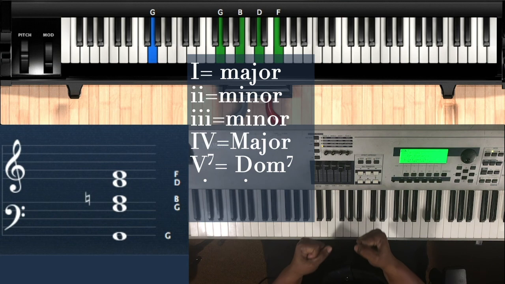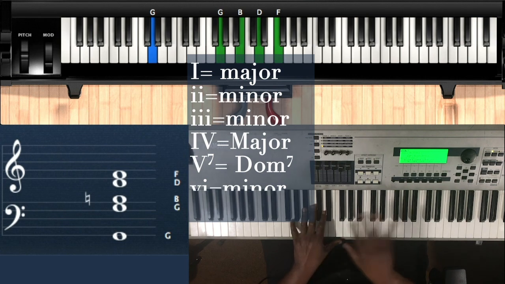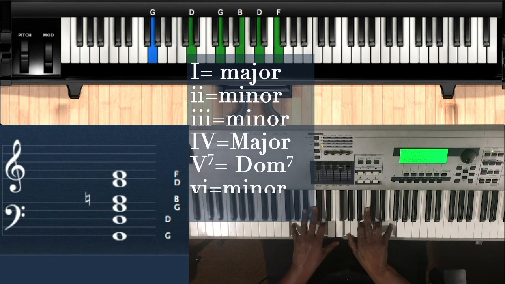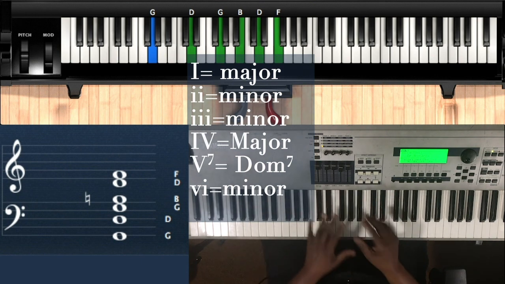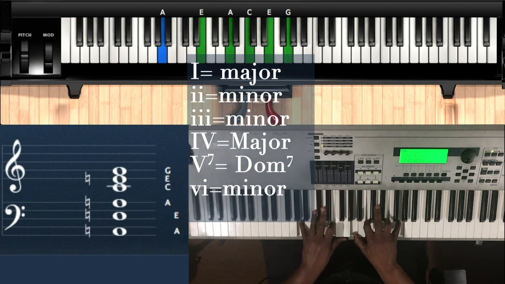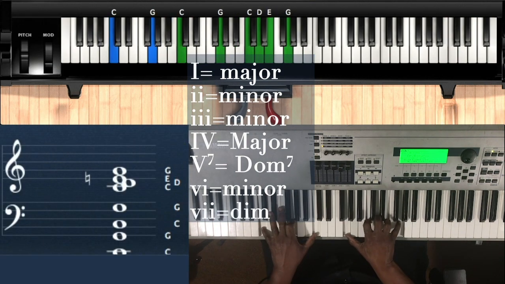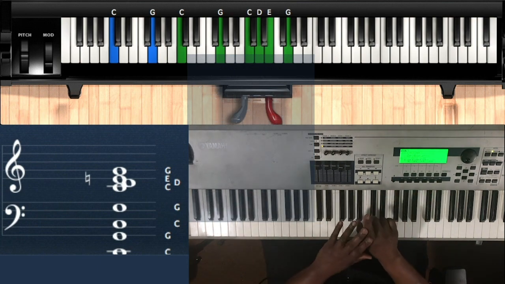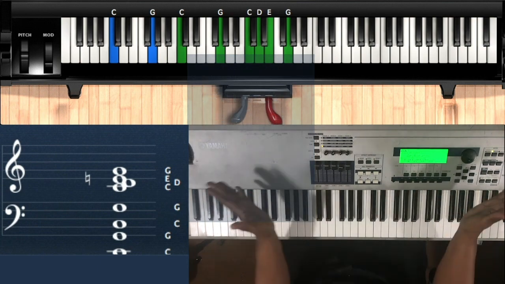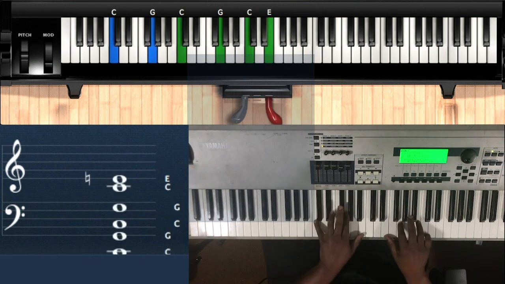It has a very strong gravitational pull. In fact, some people consider it the strongest chord in all of music. It's like the Jupiter of our solar system, or our music solar system. The 6 is minor, and the 7th is diminished. So we're going to exploit the gravitational pull of the dominant 7 and make it into a wormhole to get to somewhere else. Okay, for example, let's say if I'm doing